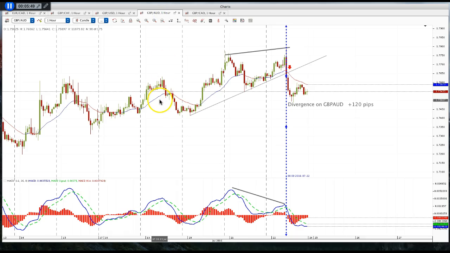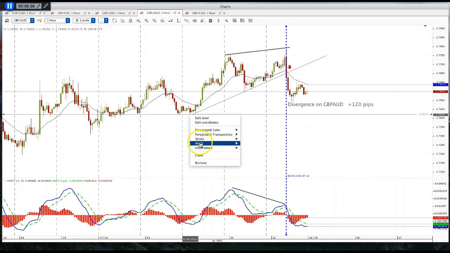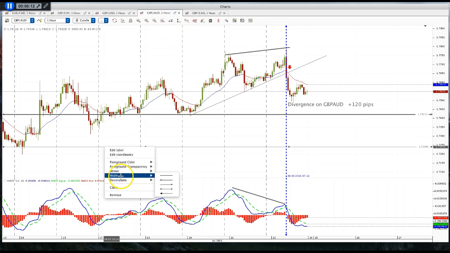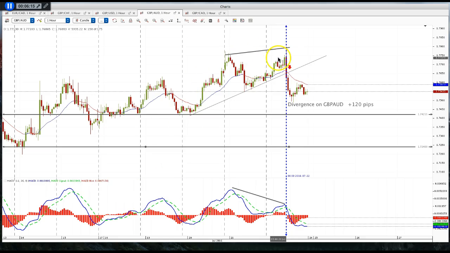Pound Aussie, this probably is not even finished yet because it started all the way down here. 1, 2, 3, 4, 5, 6, 7 days. We have divergence on the 1 hour chart confirmed on the 4 hour. Technically, it should first hit these levels down here and then continue down to these levels. So that's what divergence represents, a complete reversal, just like head and shoulder patterns, double tops,